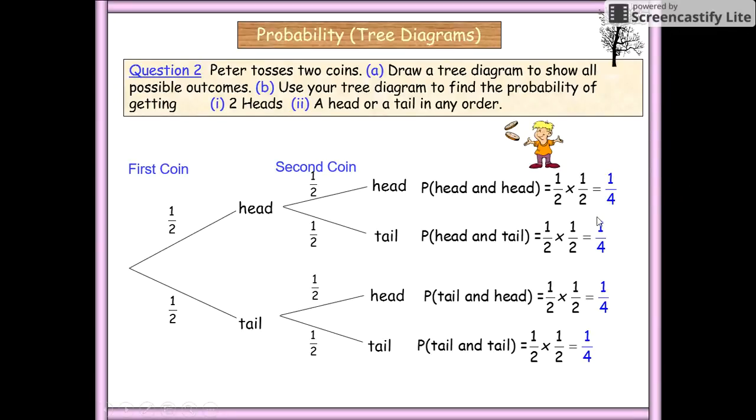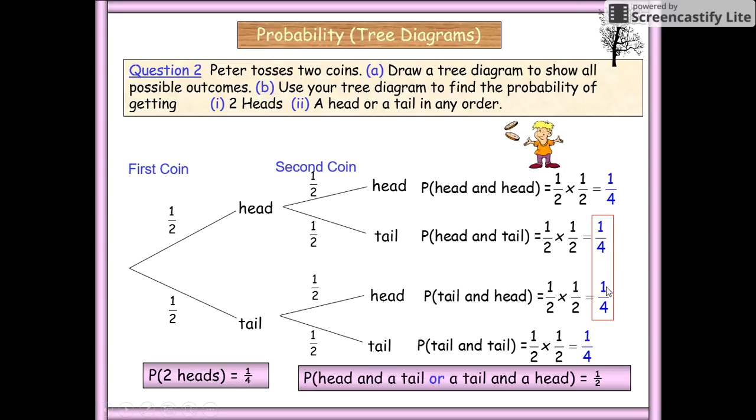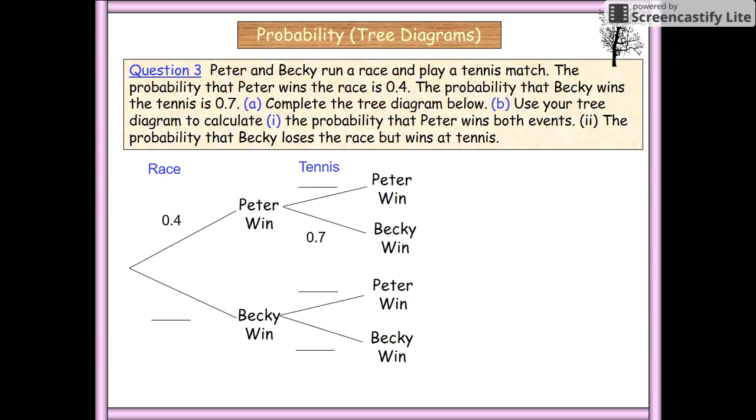We would know that it would be a quarter, a head or a tail in any order. So that would be a head and a tail or a tail and a head. So it would be those two, which would give you a quarter and a quarter. And if you add a quarter and a quarter together, you're going to get half. Okay, so that would give you the head and the tail. The other one I wanted to show